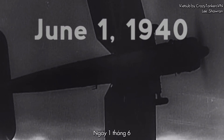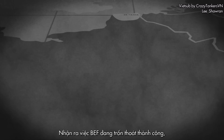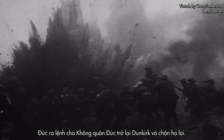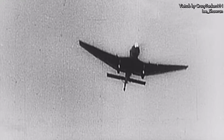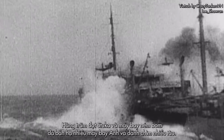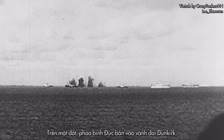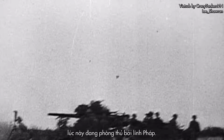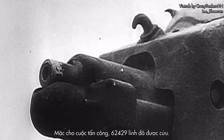Because of the little ships, the citizens contribute to the most successful day of Operation Dynamo, evacuating 68,014 men. June 1st, recognizing that the BEF are escaping successfully, the Germans order the Luftwaffe to return to Dunkirk and stop them. Hundreds of Stukas and bomber sorties shoot down English fighters and sink ships. By land, German artillery fires upon the perimeter of Dunkirk, now being defended largely by French soldiers. Despite the attacks,